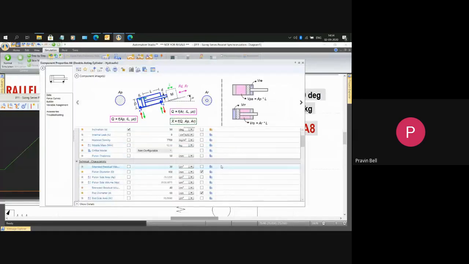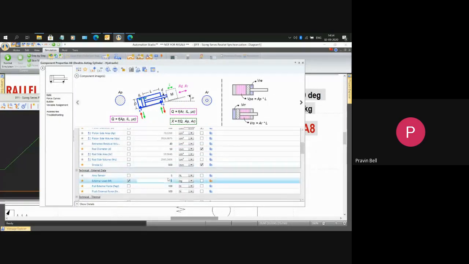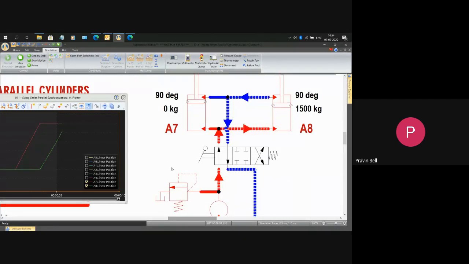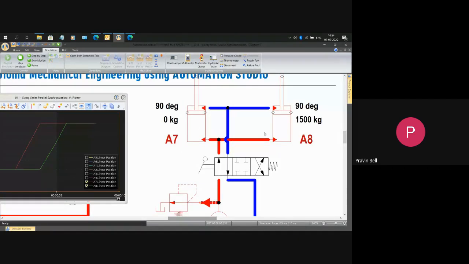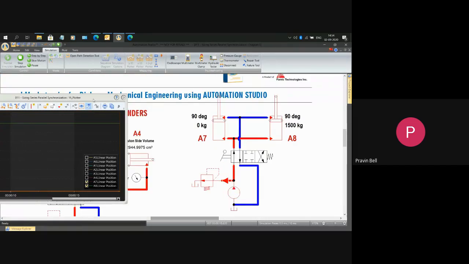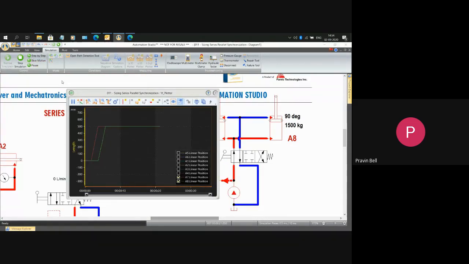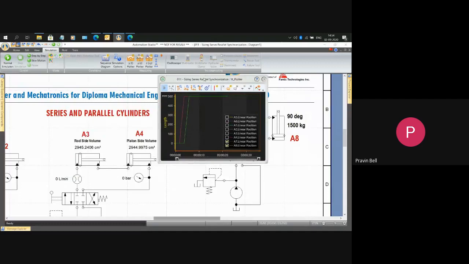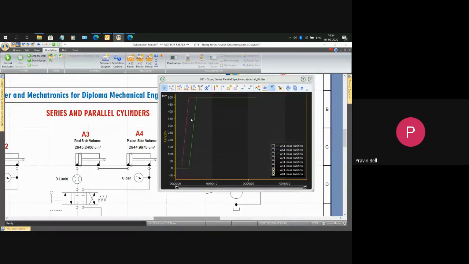I go to the second cylinder and I put an external mass of 1500 kgs. The moment I do this and I simulate the circuit, see what happens. Because of the additional load, the entire fluid first went to the cylinder without any load. It extended that entire piston. Then the fluid came back to my second cylinder and extended my second cylinder. So the problems faced here are very different. And if you see the graph generated for a parallel cylinder, it was like this, with loading conditions here.